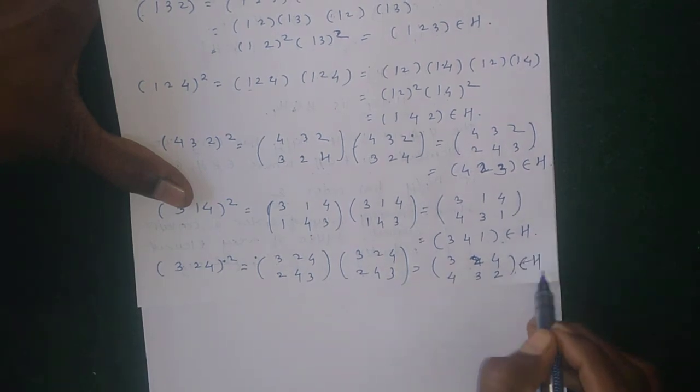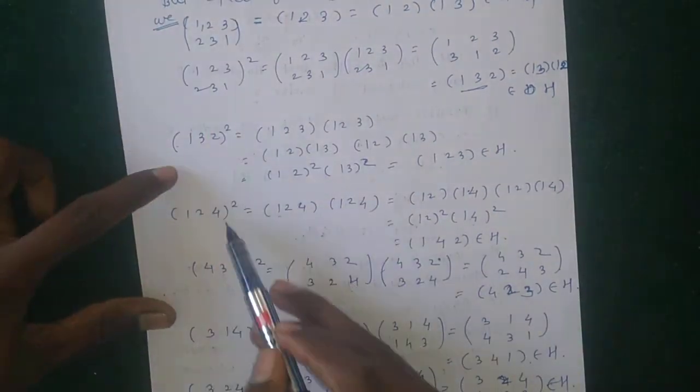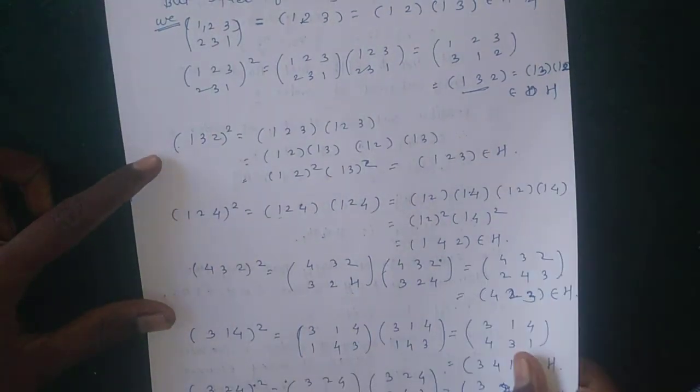And this is also belongs to EH. In this way, here this one element, this is second, third, fourth, fifth, sixth, and again two elements is suppose